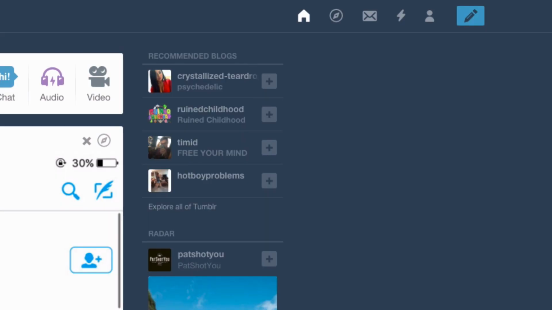Now let's go to the top right corner of Tumblr. As you can see, there's a home button. That home button, when clicked, simply brings you back to your dashboard. Another way to get back to your dashboard is by clicking the Tumblr logo on the left corner, which will again just bring you straight back to the dashboard so you can start viewing all your content there.